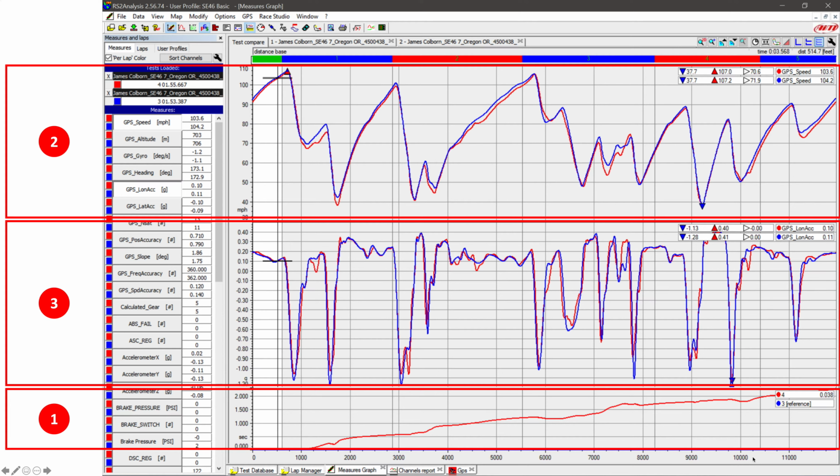I also like to be able to have a look at, well, what's the driver doing in this particular scenario that may be the direct result of why there's a faster trace or a slower trace in a certain point on track. And then piecing those together, you could start identifying what the driver is doing. Now, there's a high probability that there may be other variables that are resulting in the driver performing that particular